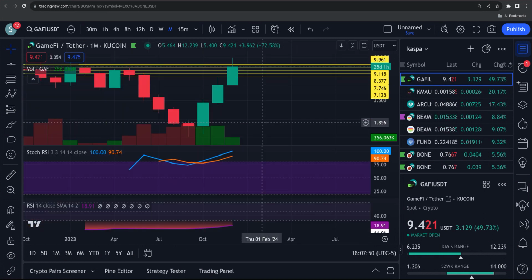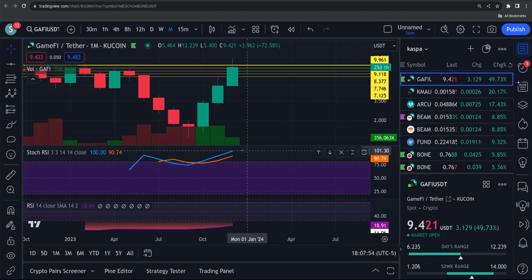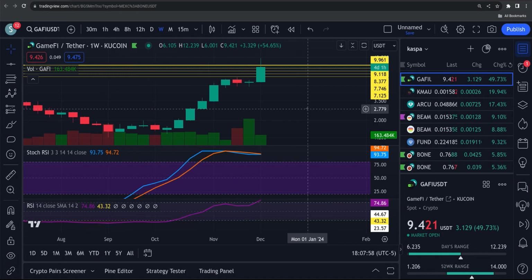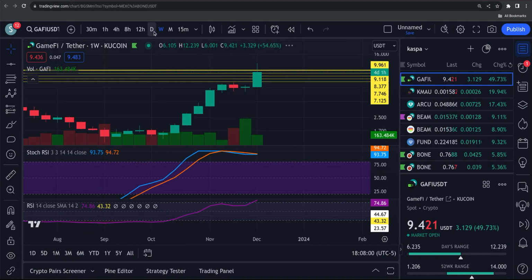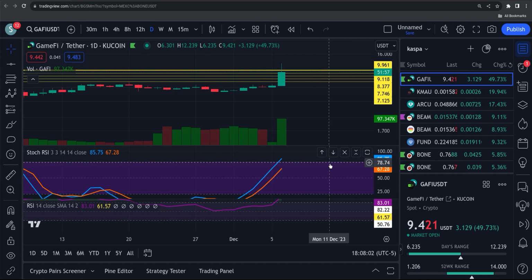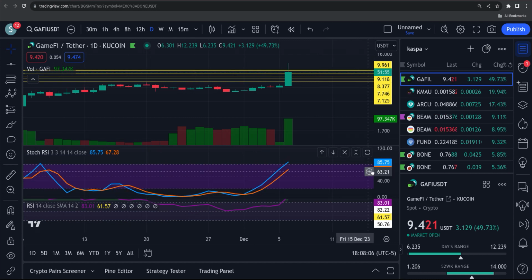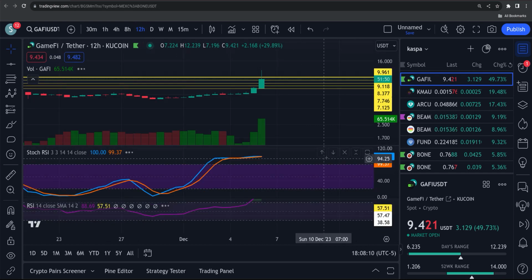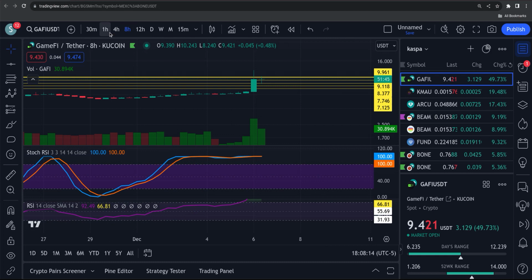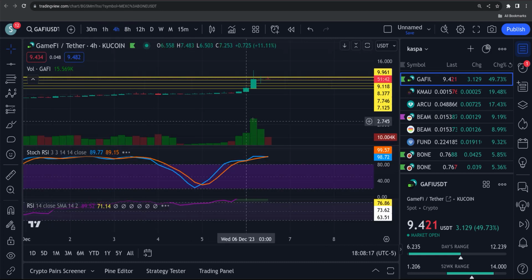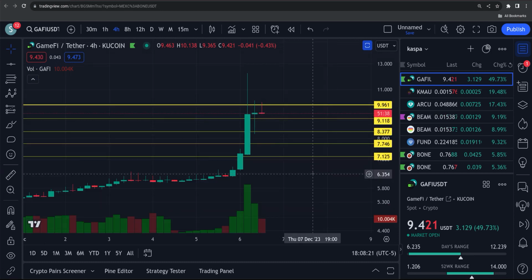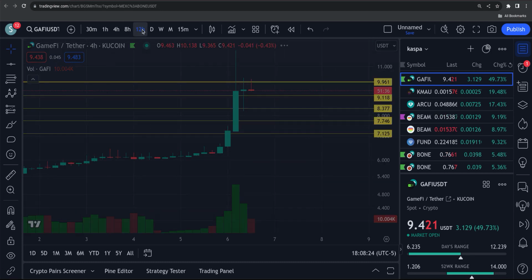All right. Now on the monthly, we got the monthly RSI still heading up. We got the weekly at 93 and a 94. We got the daily still coming up. So it looks like this thing probably has another push up. The 12-hour is getting near the top. It's at a 100 and a 99. The 8-hour is at the top, and the 4-hour is at the top. All right. So if I was looking for a pullback on this thing, I would be going